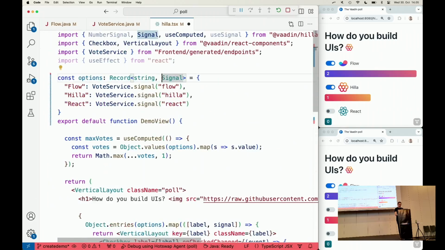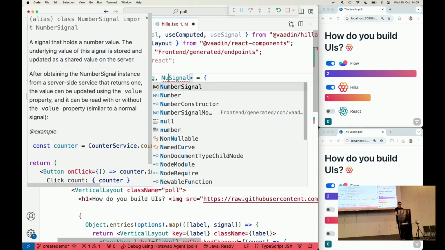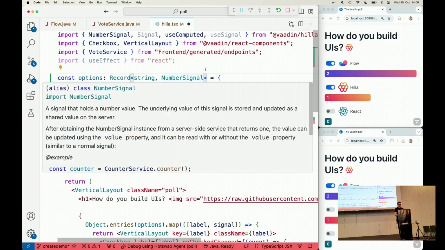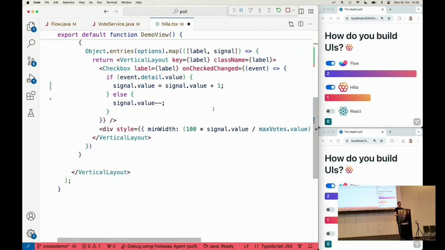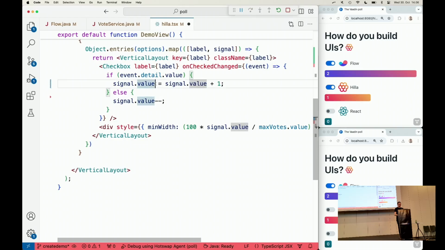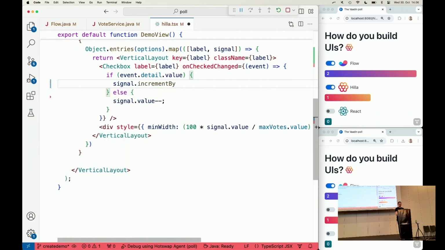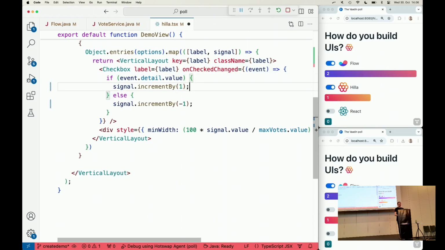Luckily, we got that implemented, so I'm just going to tell TypeScript that we actually have number signals here now, not the generic signals we had previously, because this number signal class has an increment by method. So now if we say increment by 1 here, and then we said the weird thing increment by -1,